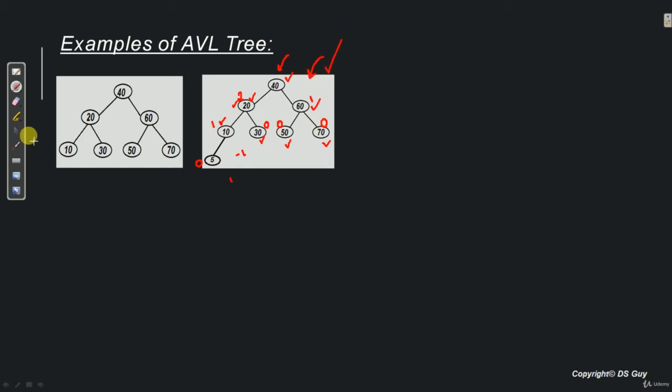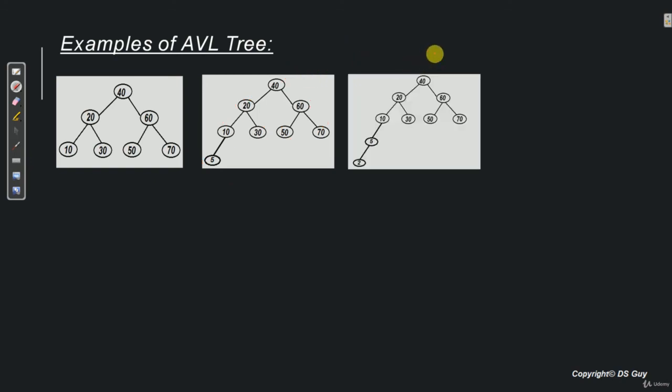Now let's see one more example. Here again we have a binary search tree. If we start from the root node, the height of the left subtree is 1, 2, 3. The height of the right subtree is 1. 3 minus 1 is 2. That means this node is not following the property of an AVL tree, since the difference in height is more than 1. Since there is at least one node which is not following the property of an AVL tree, we will not look into all of the other nodes. We can clearly declare that this tree is not an AVL tree.